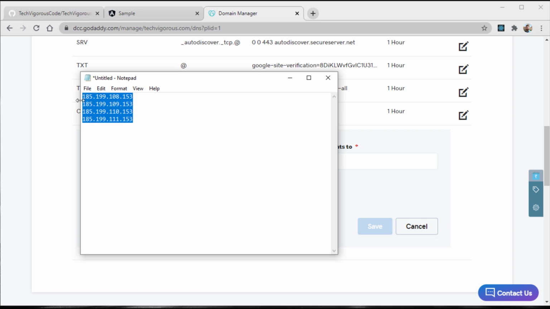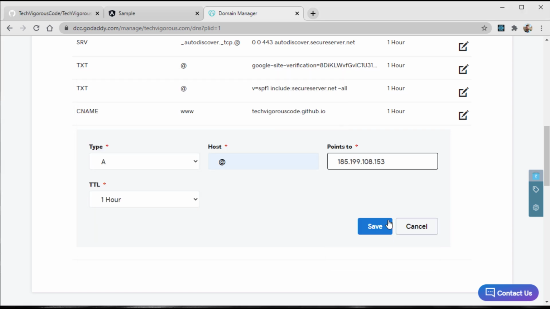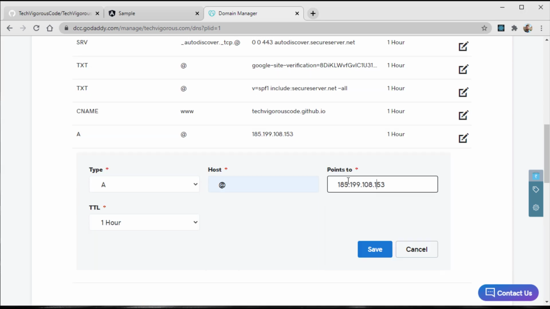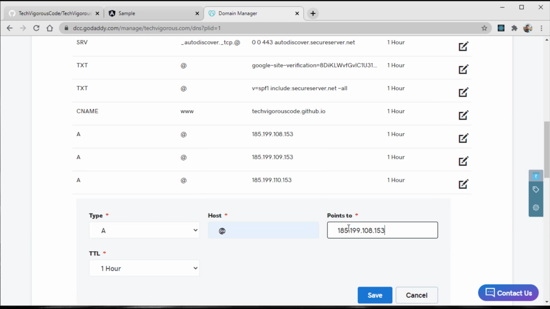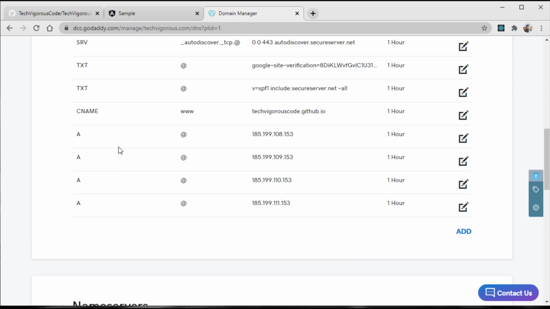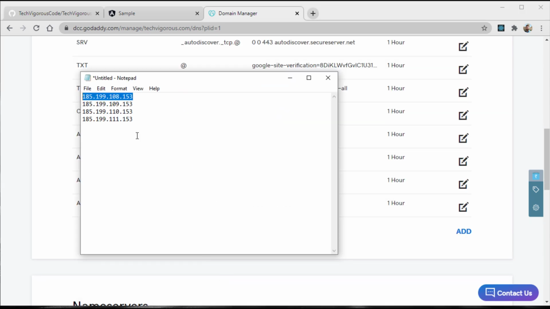These are the IP addresses where GitHub Pages is hosted, so we need to configure all four IP addresses as A records. Let's copy one by one and configure them. I'm just adding the first. These are the four A records you have to add.